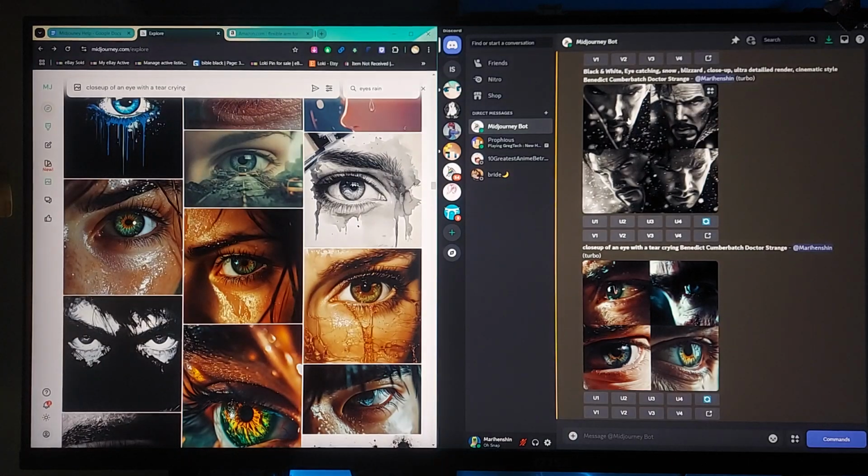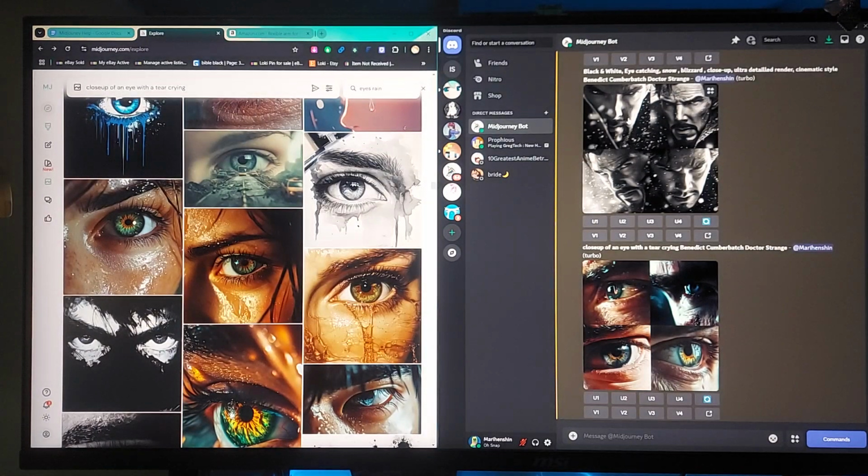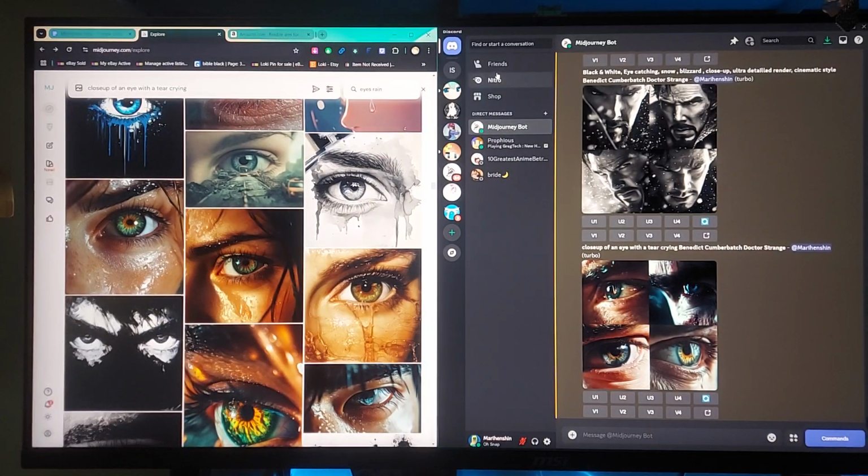So it's a very basic prompt, and you're getting frustrated and you're like, man, this service ain't worth $30. Well, it's not worth $30. If anything, it's worth $15 because half the crap it puts out is crap. Anyways,